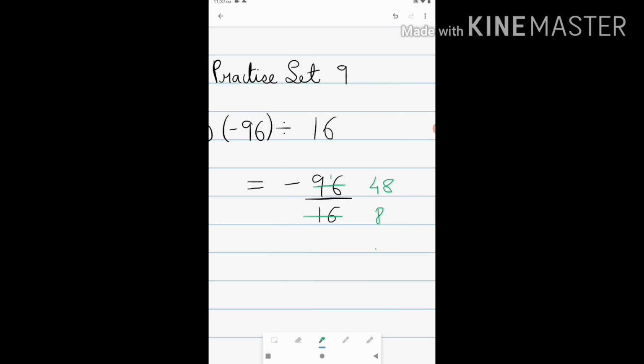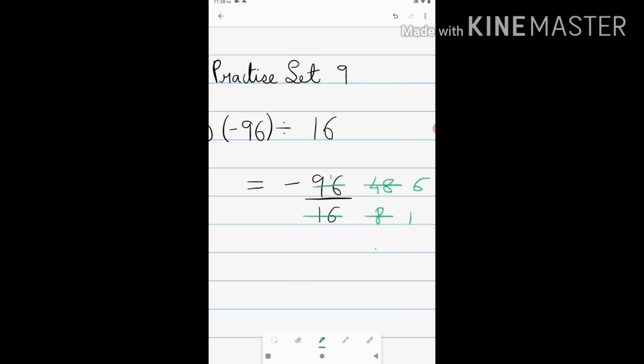If you see, both the numbers are going in 8 times table. They even go in 2 times table, but now it becomes simpler for me to cancel it by 8. So I will write 8 1s are 8, 8 6s are 48. So my new numerator and denominator has become 6 upon 1. If you can see, I cannot cancel it any further. So I will stop here.